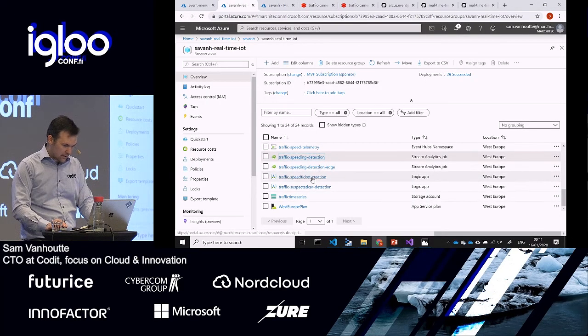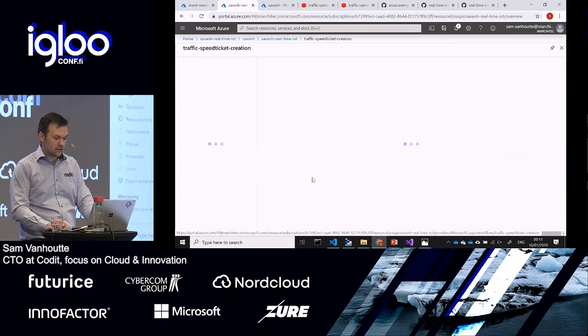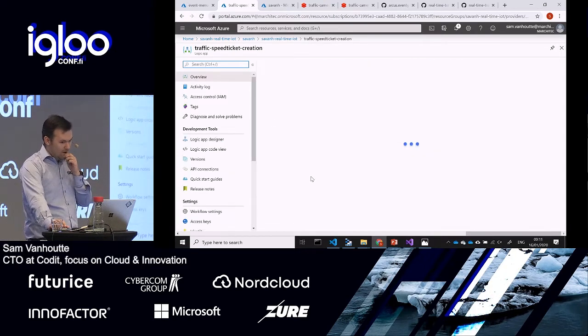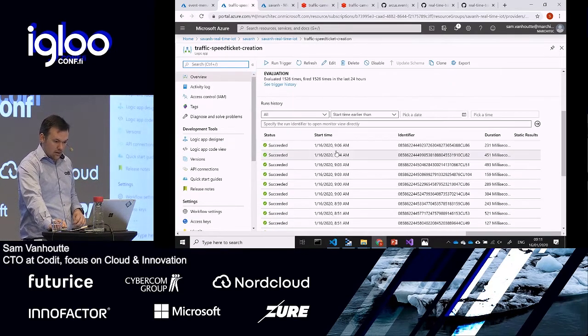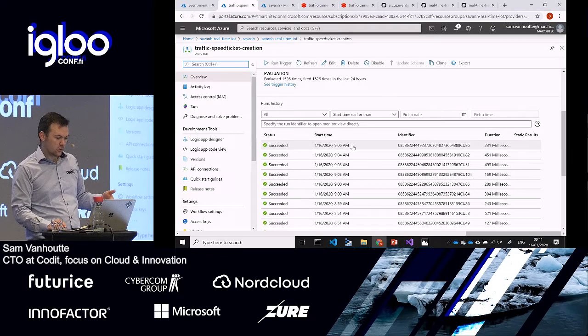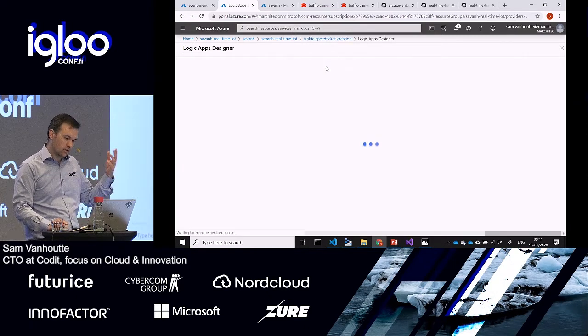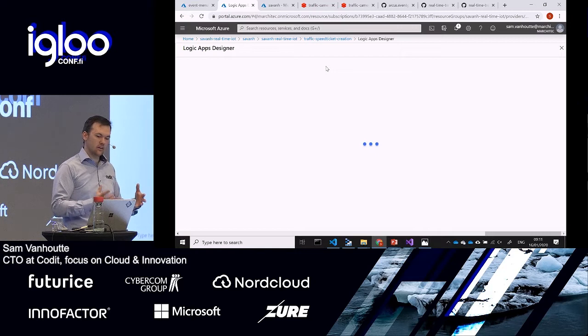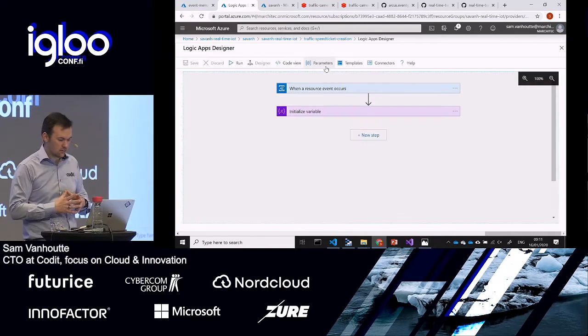Going back to the portal, I also have my logic app there that says I want to create a speeding ticket. As you can see, 5 minutes ago there was a car speeding apparently, because I have this logic app that kicked off. If I first show how the logic app gets created, so again, Rick will dive into details tomorrow,